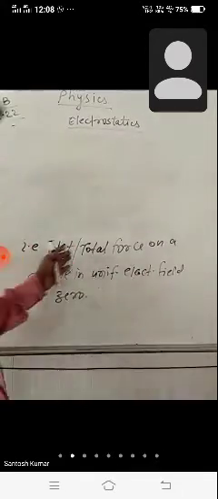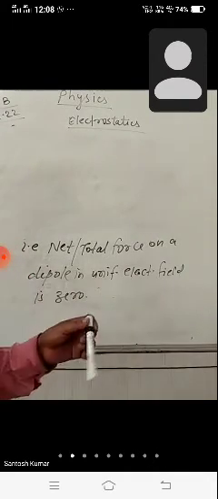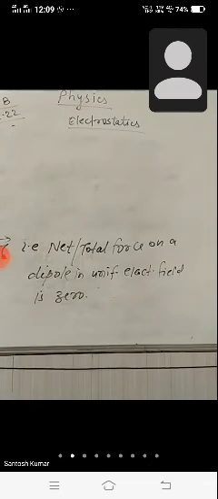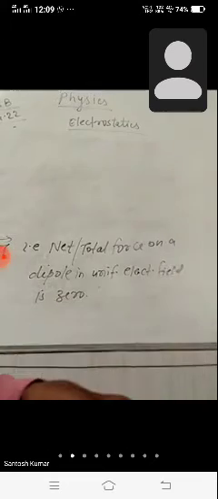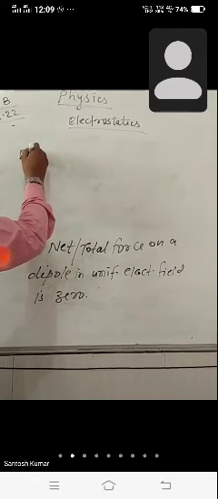Just after writing this, we have to introduce the term torque. Torque means this symbol. How will it be created? My language is not clear due to the network problem. That's why I am writing whatever I am telling. I am also writing because you all belong to different areas. So just write here. After this you can write,